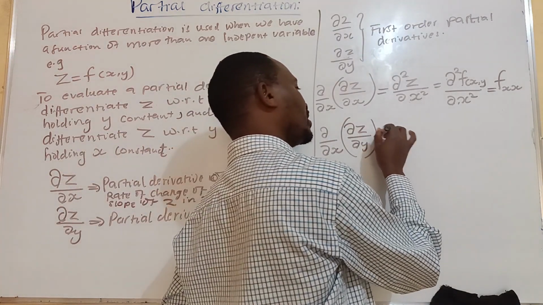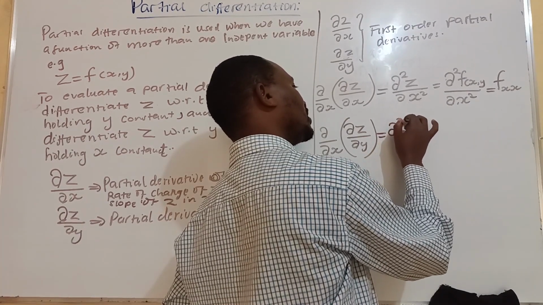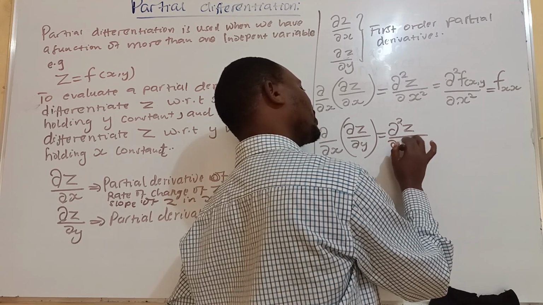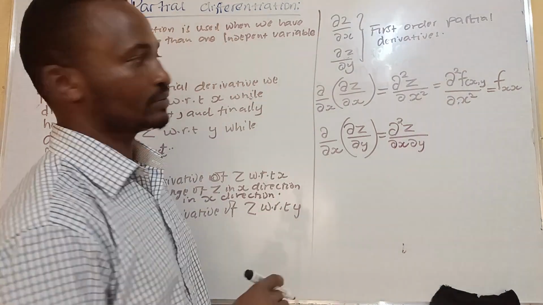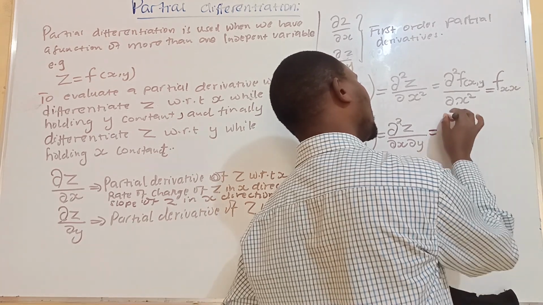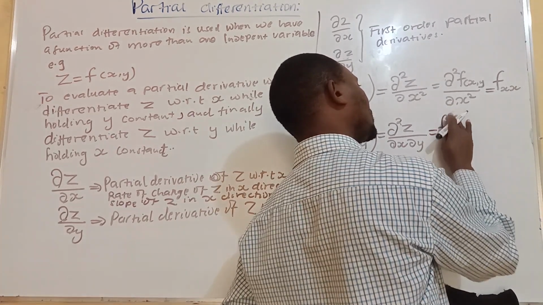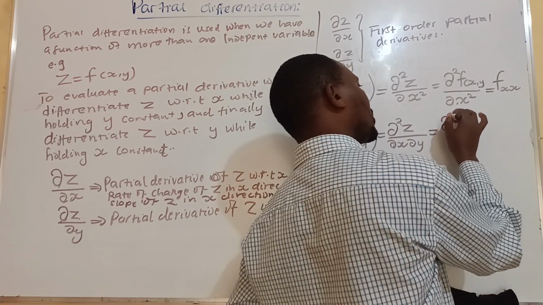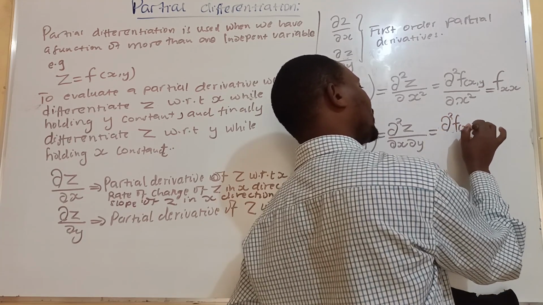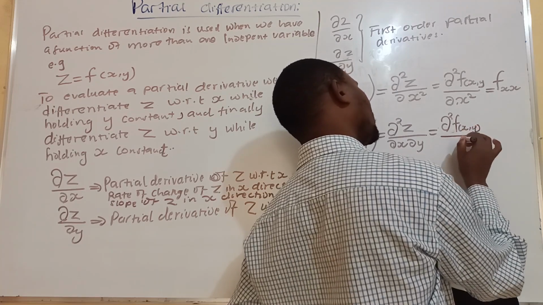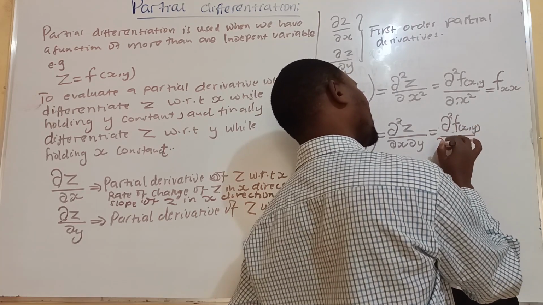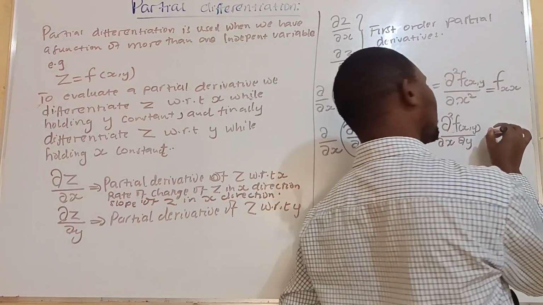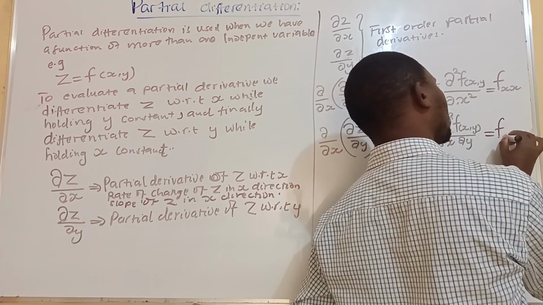This will be a second order partial derivative of z, first with respect to y and then with respect to x, which can also be denoted as second order partial derivative of the function of xy with respect to, first with respect to y and then with respect to x,